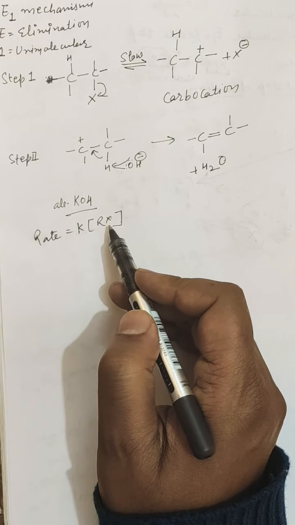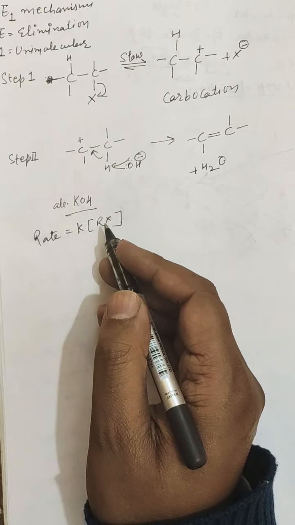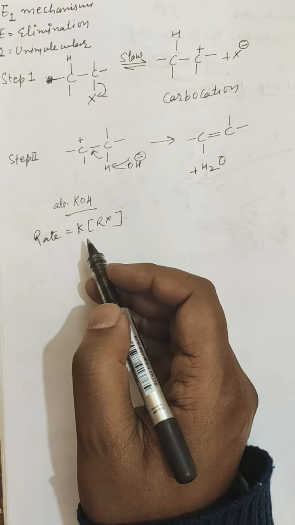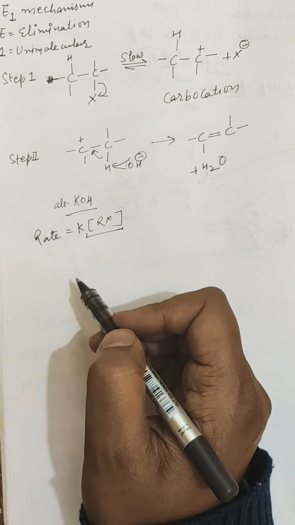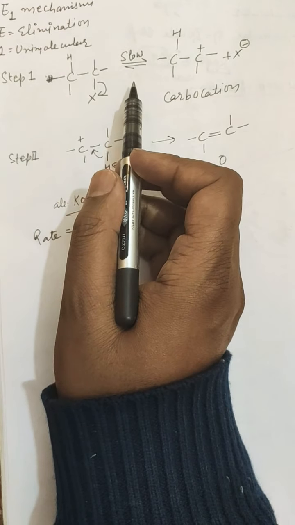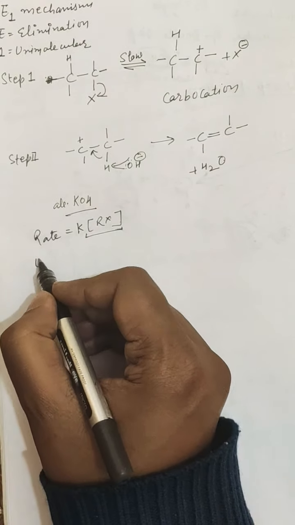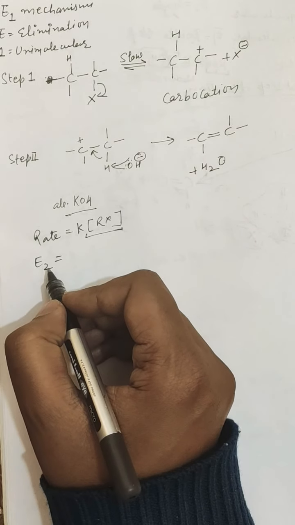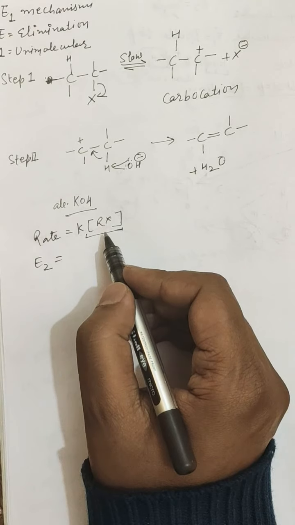Here X is the halogen atom. It can be chlorine, bromine, iodine, or fluorine, any type of halogen atom. So this is called unimolecular because the rate of the reaction depends upon this single type of species or molecule. Rate depends upon this alkyl halide, that is the slow step of the reaction in case of a multi-step reaction. Whereas yesterday we studied the E2 reaction, which was the bimolecular elimination reaction. In that reaction, the rate depends upon two molecules, that is the base and the concentration of the alkyl halide.